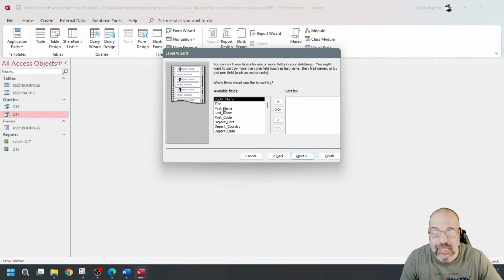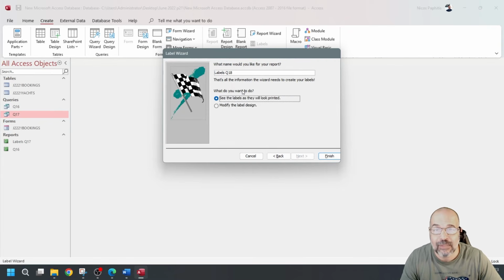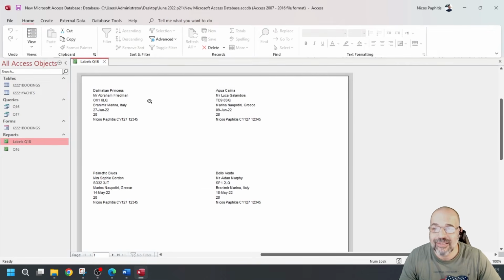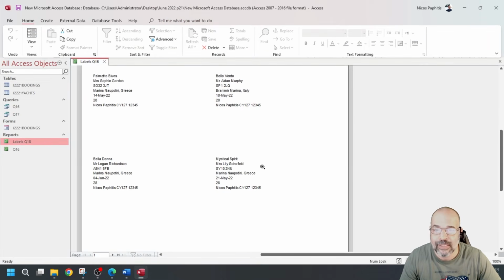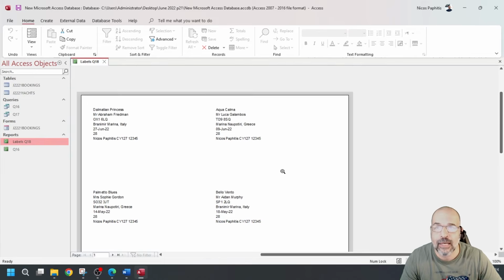Do I want any sorting? Yes, it did say sorting. If you remember, it wanted sorting ascending order of last name. We did this in the query, but we're going to put it here as well. And we're going to go to next. And that's basically it. Finish. We can see that I've got 2 columns. All my data is there. My information is there. So all I'm going to do now is go to design view